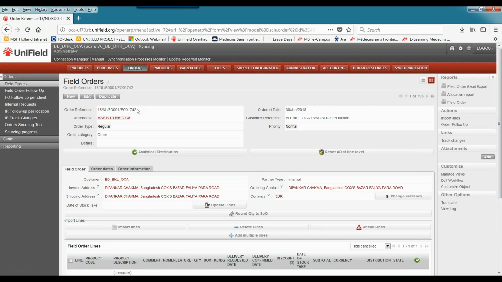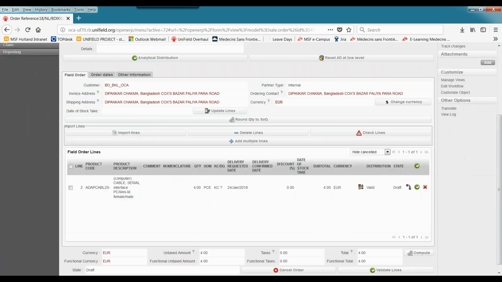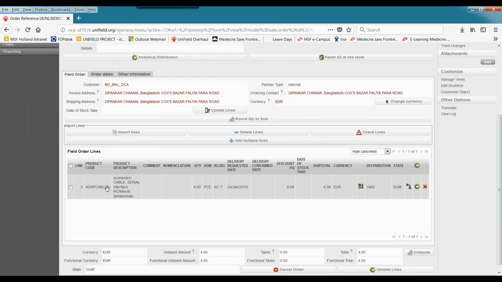And look at that. We have the field order 1742, and it came from this reference. Remember, we saw it was 886 from the project. It's still going to maintain that. And it's on priority normal because the one that came from the project was priority normal. And it is a regular, and the order category is other. And there is our item, line number 2, that we said we hadn't received, 4 of them. So it comes to coordination, and now it's up to coordination to proceed, validate it, go and create a PO